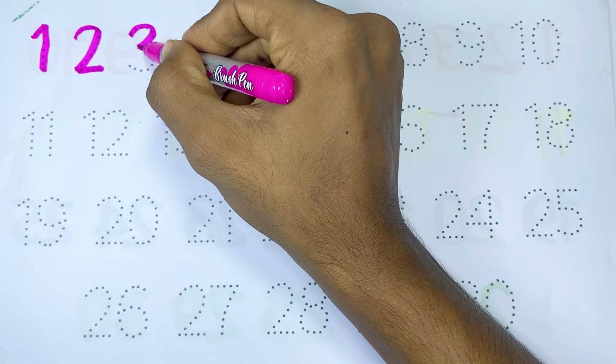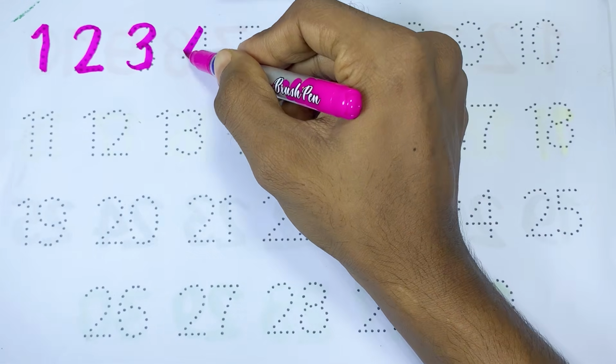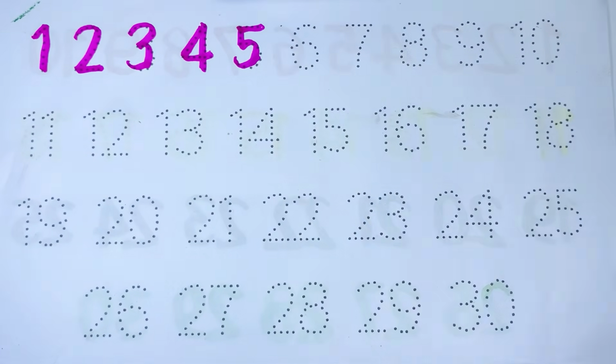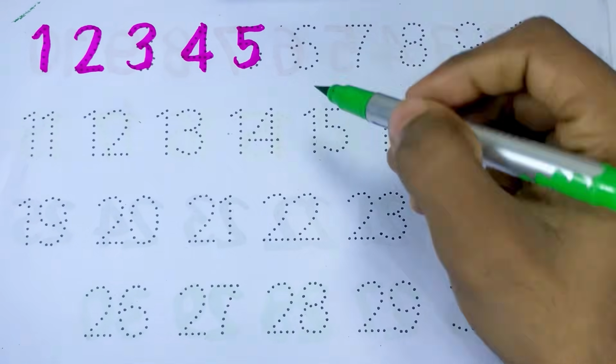2, 3, 4, 5. Kids, now you draw 6. The numbers of 6,